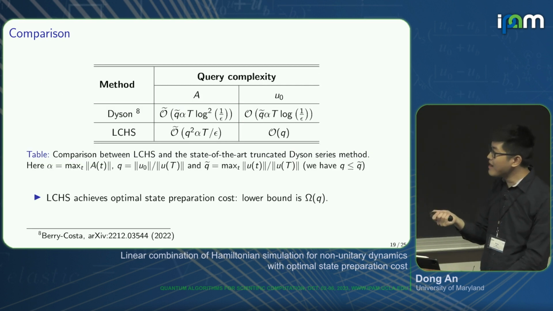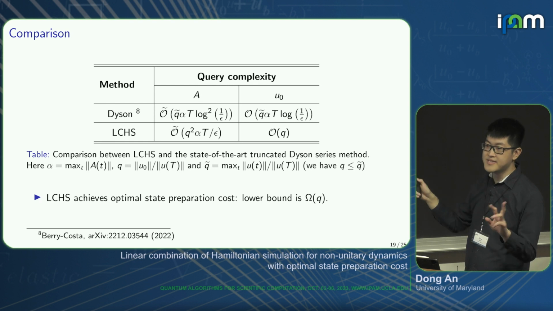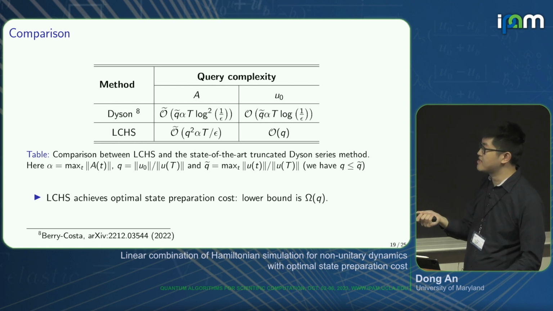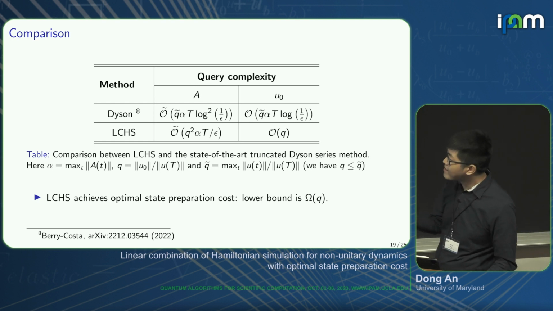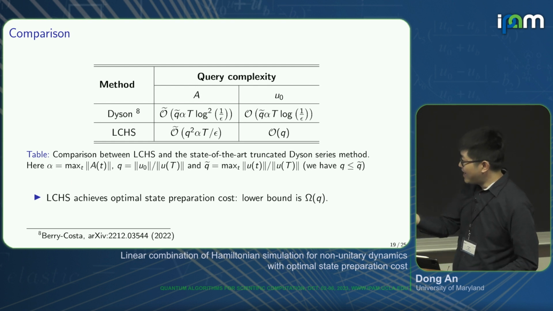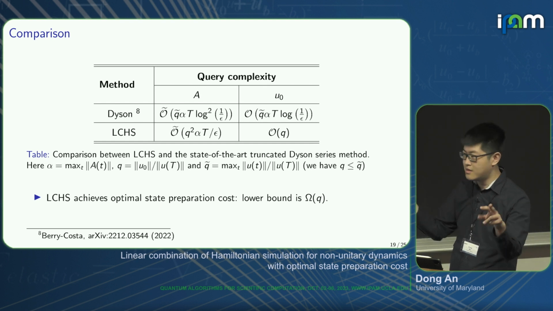Here I'm comparing our linear combination of Hamiltonian simulation algorithm with probably the state-of-the-art linear system-based quantum differential equation solver, which is the truncated Dyson series method. On the query complexity, if we look at the number of queries to the initial state, in our method we only have a linear dependency in terms of Q, where Q is something like the norm decay rate in my solution. So we only require this number of the input state or the oracle